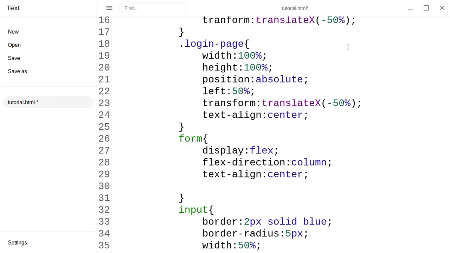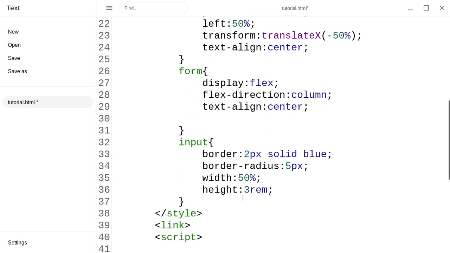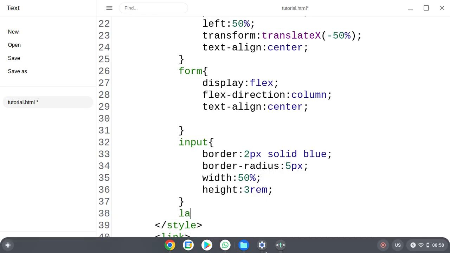Okay, and we are going to style the label and the input. So we are going to combine them and say label and input, and then we are going to say position relative. Should we use relative or absolute? Let's say relative. Relative. Okay,